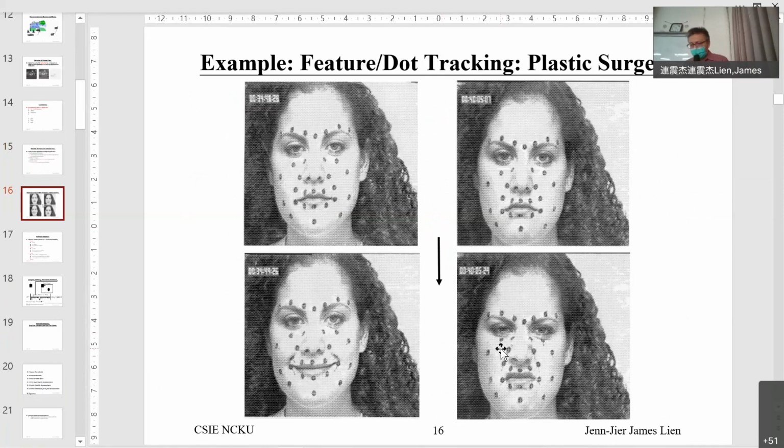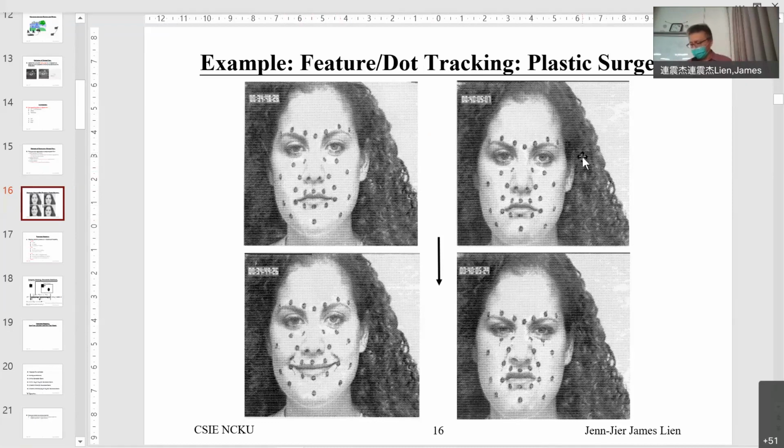So why do we need optical flow? And this is my research. In 1993, I did this kind of plastic surgery work. 做那个我在 CMU 做，我是最早做人脸表情辨识的，所以我事实上是人脸表情辨识专家。